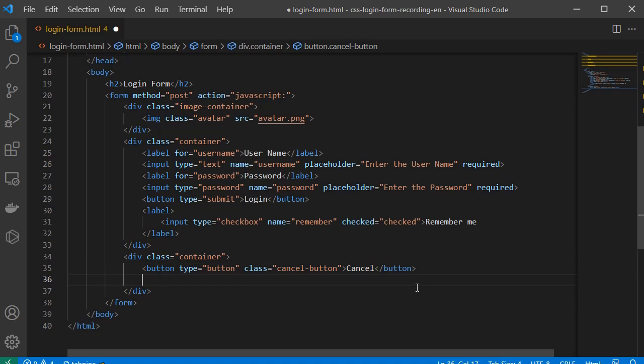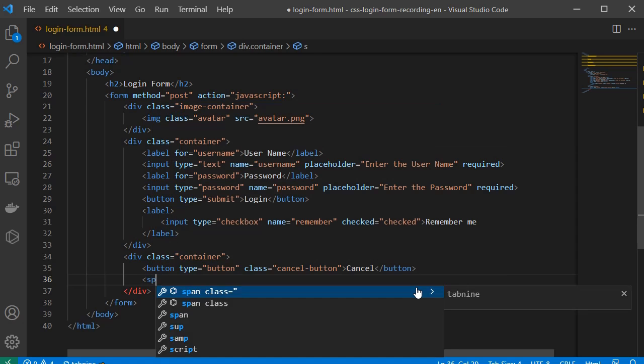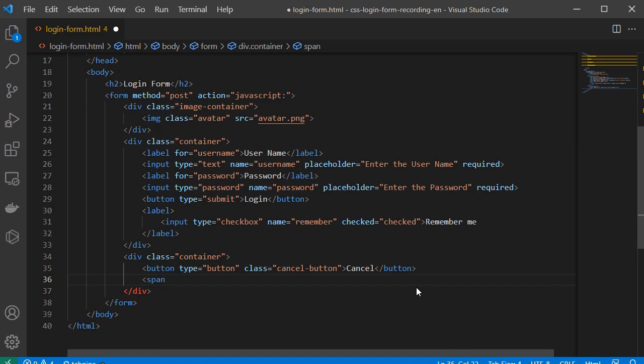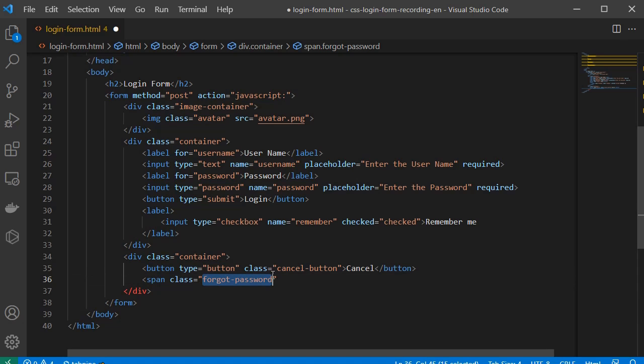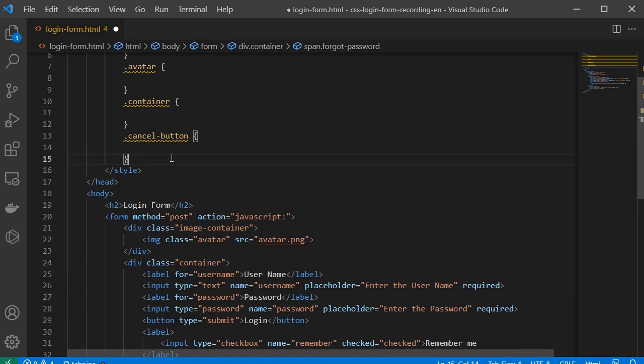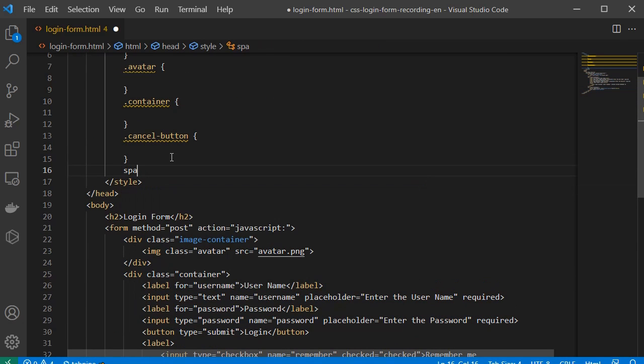And after that, I like to have an inline span, which will contain the text forgot password in order to allow the user to recover the password. Let's say that this is of type CSS forgot password. And let's define the forgot password span.forgot password